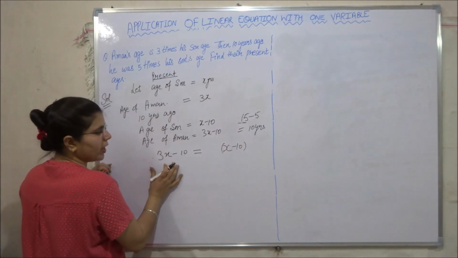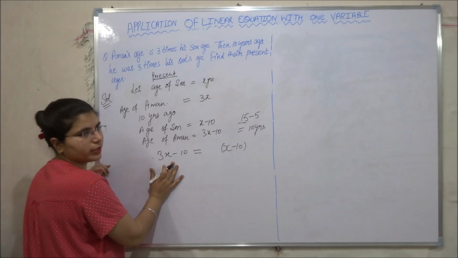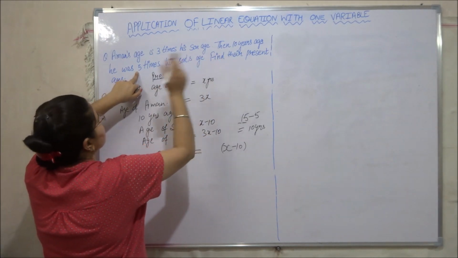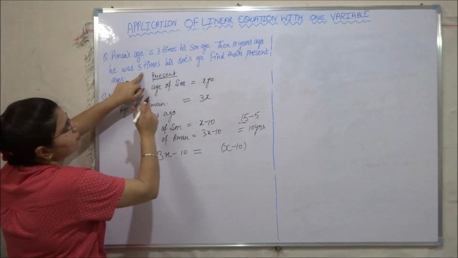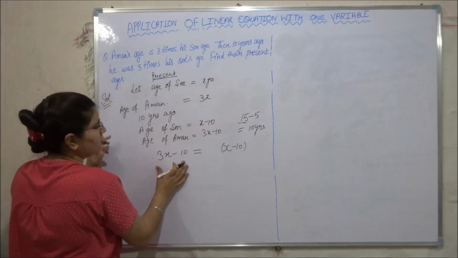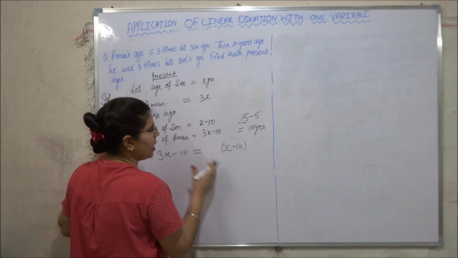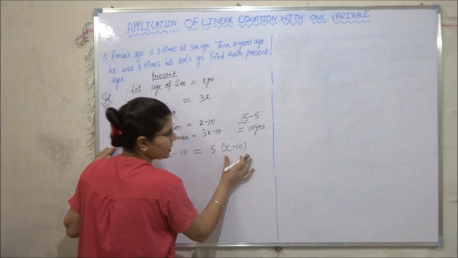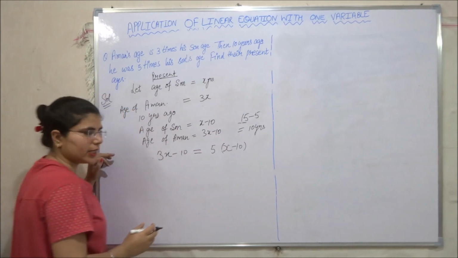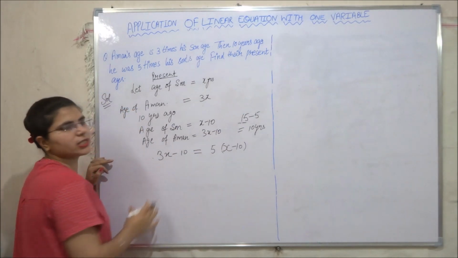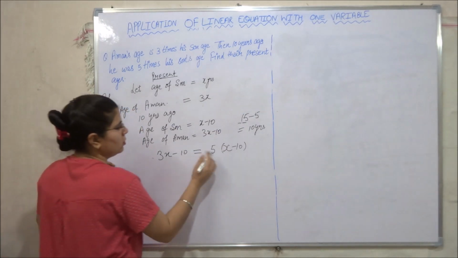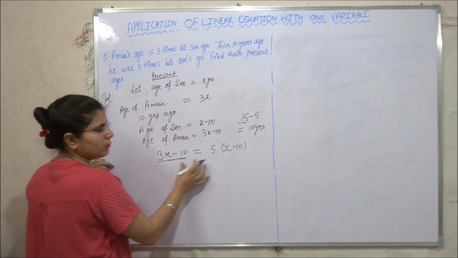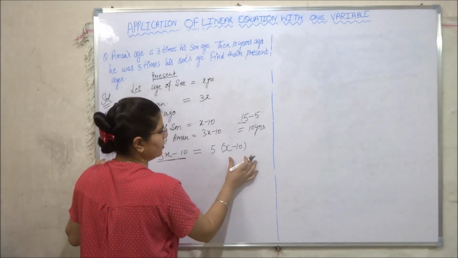If we want to write their ages in an equality condition, then as it is given to us that 10 years ago he was 5 times his son's age, अगर वो अपने बेटे से 5 गुना है तो हमें उसके बेटे की एज को 5 के साथ मल्टीप्लाई करना पड़ेगा, तभी वो फादर की एज के इक्वल आएगा. So instead of multiplying with the age of father, we will multiply with the age of son.